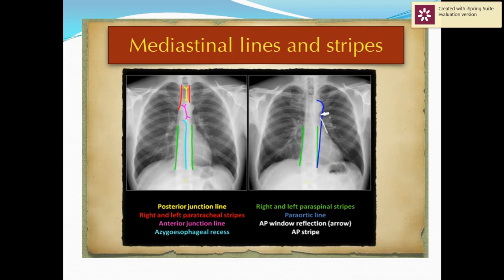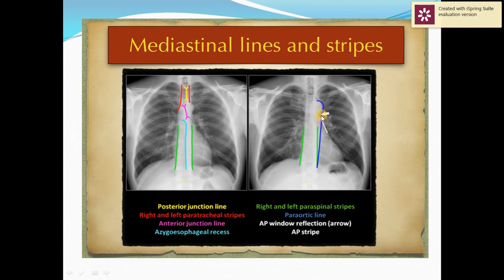Very important also to check for the lines or mediastinal lines and strips. Posterior junctional line, this yellow one, posterior junctional line, right and left paratracheal strips, anterior junctional line and azygoesophageal recess, and also right and left paraspinal strips, and this is as we see here the